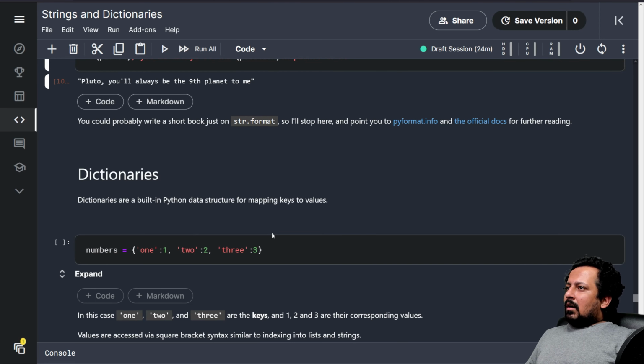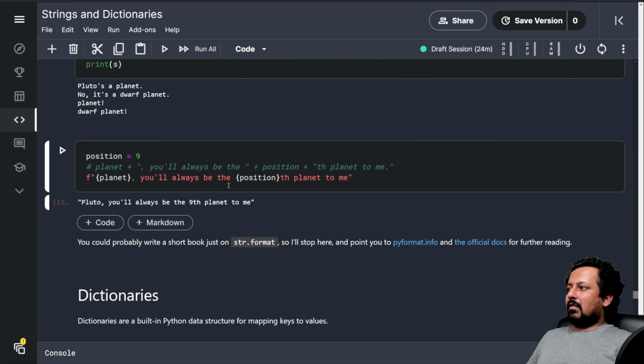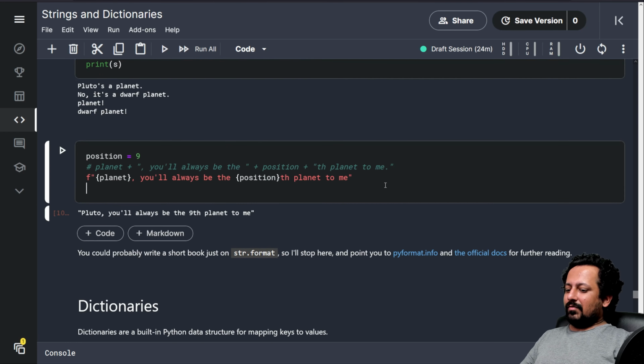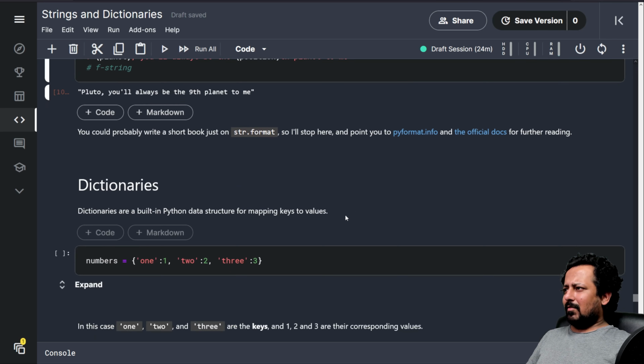Here it also says that you could probably write a short book just on string.format. So I'll stop here. There's a lot of things to learn in dot format and f-string. This is called f-string, and it's probably much easier than dot format.